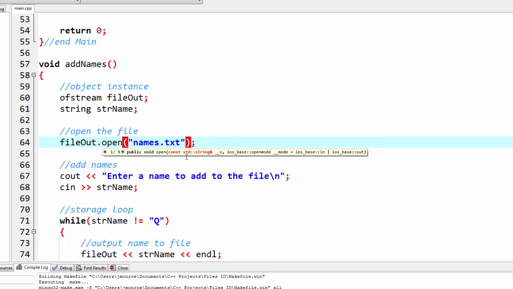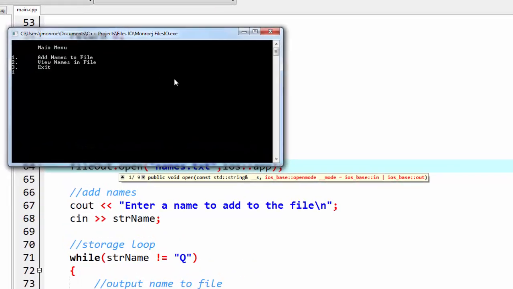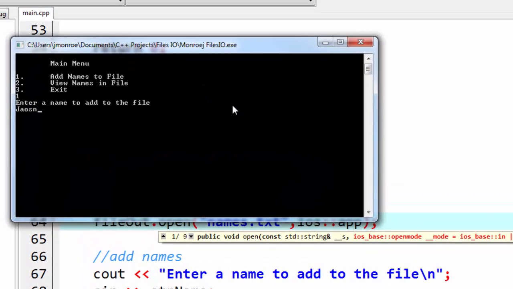Now if you want to be able to add to a file, you'll notice on page 322 in the new text, you have to add a parameter in here in this file out open. This is back in our add names function. You have to add this ios definition for append. It's APP. So ios::app. That's append mode. Now if I run this program and then click add names to the file, I can add those names that I had before,